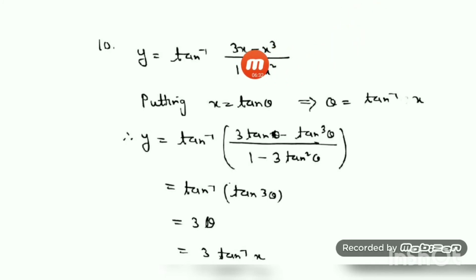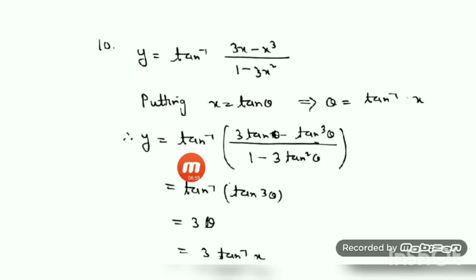Here I have not done it directly. I use the substitution. You see, when we remember all the formulas, then only you will understand which formula we can convert it to. So I have used here the substitution x equal to tan theta. Ultimately, we have to write the answer in terms of x. So I have found the value of theta is what? Tan inverse of x.